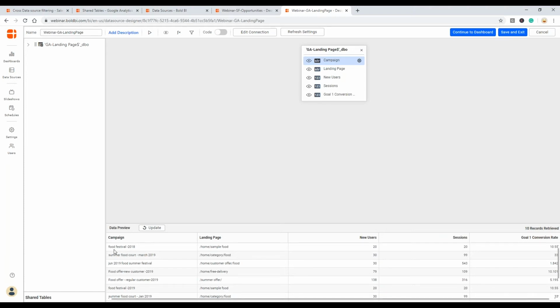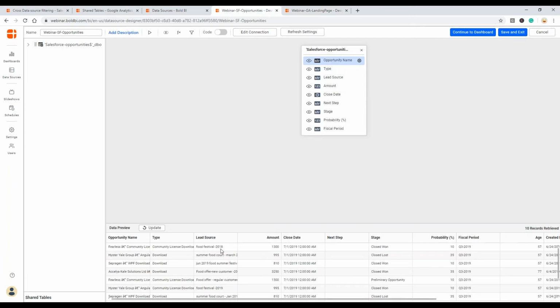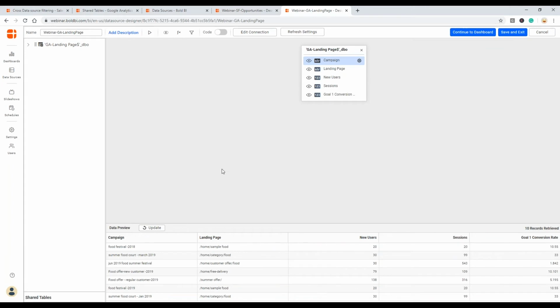They haven't named it differently. Food Festival 2018 here also appears as Food Festival 2018 there. Having such data designed helps the data analytics, and it helps to create beautiful dashboards.